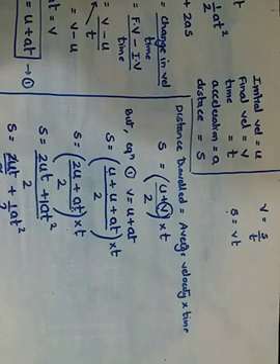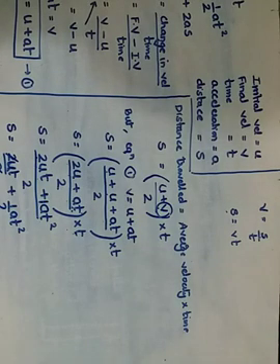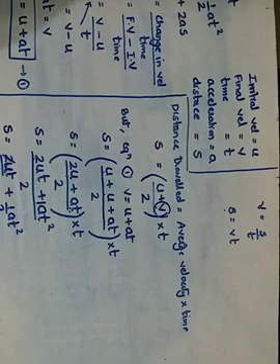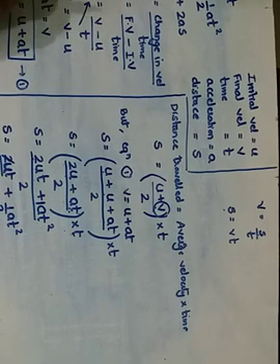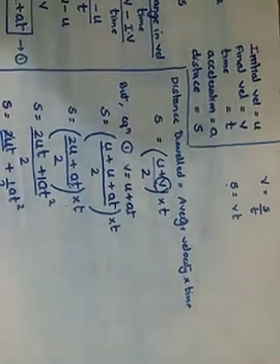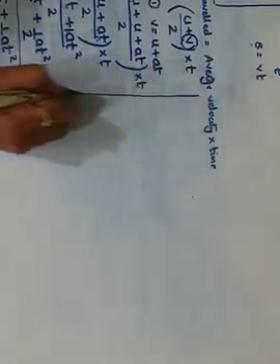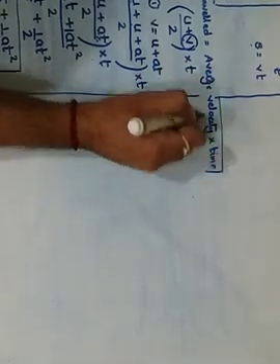2 and 2 cancel over here, so ut is left. Here nothing cancels, so half at square remains. Therefore, s is equals to ut plus half at square. That is your second kinematical equation. Getting it? Easier? To proceed further, the third kinematical equation. Let me have a space for it. So, the third kinematical equation will proceed the same way.